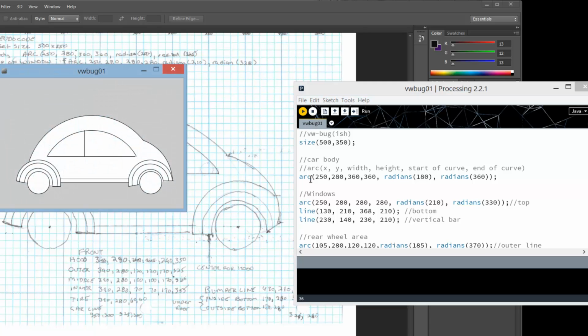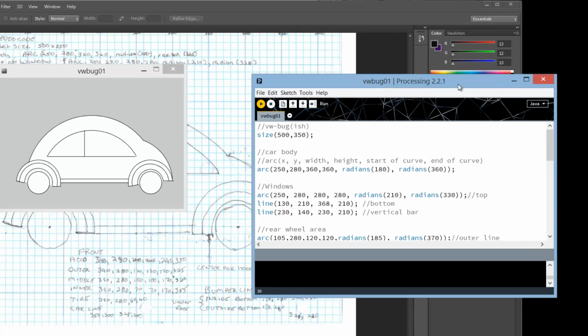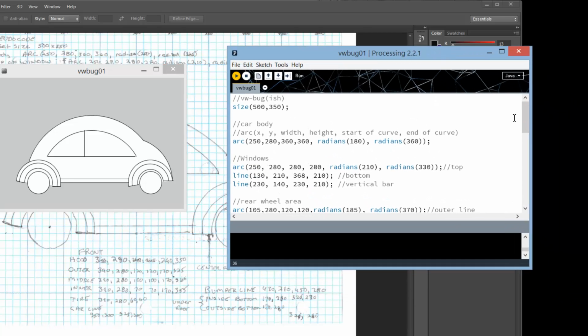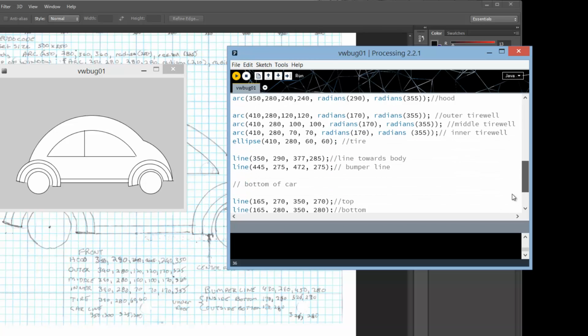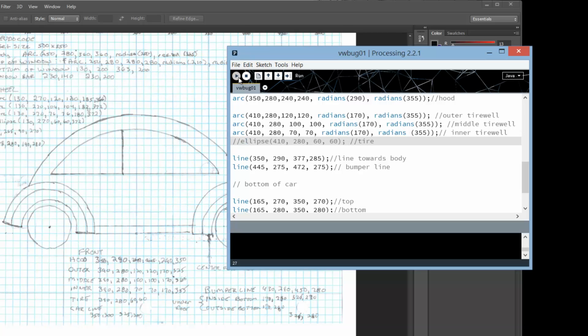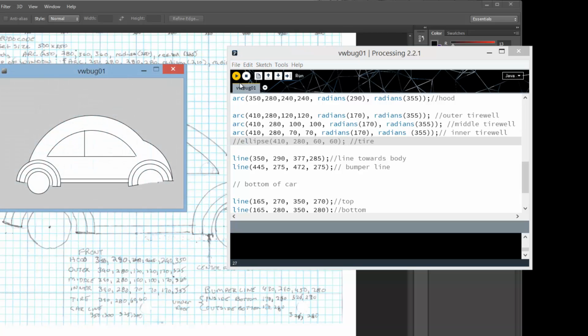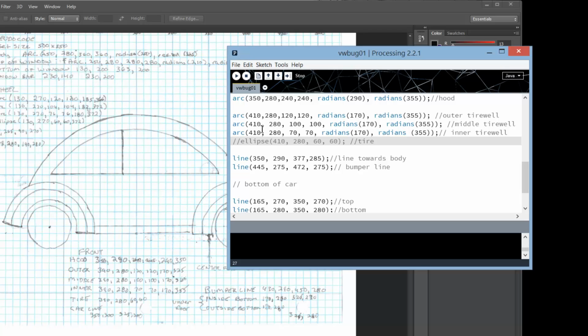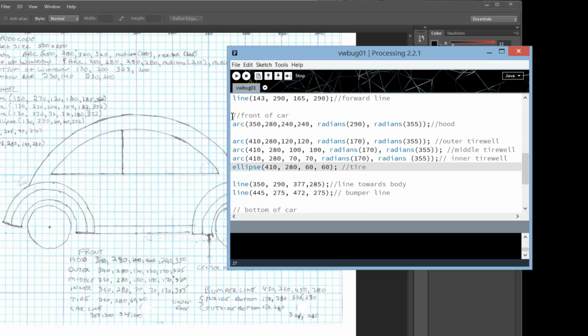Okay, the other thing that you need to know is that if you're having problems with an area, you need to turn off part of it to figure out what's going wrong. Let's say we want to see what it looks like behind the wheel. One of the things you can do is you can comment out code to help debug it. And if you need to comment out a whole bunch of code, you can do that. Let's say we want to get rid of the whole front of the car